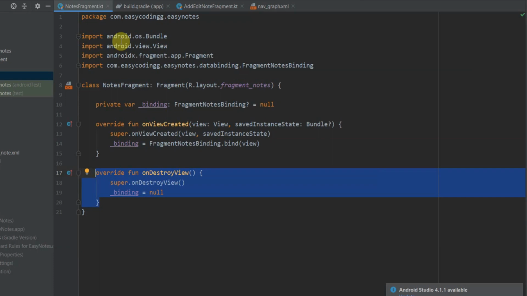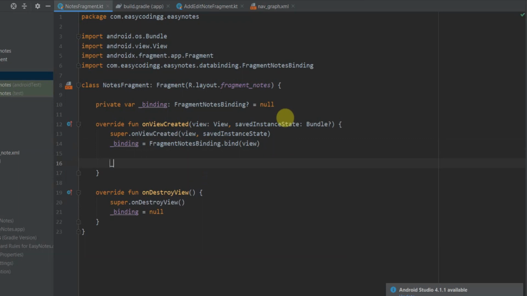In that case, the _binding variable will have its value even if the fragment is not in the foreground, and that is a memory leak. So to avoid that, we will set our _binding variable to null in onDestroyView, which means that whenever our fragment's view is destroyed, the _binding variable will be set to null.